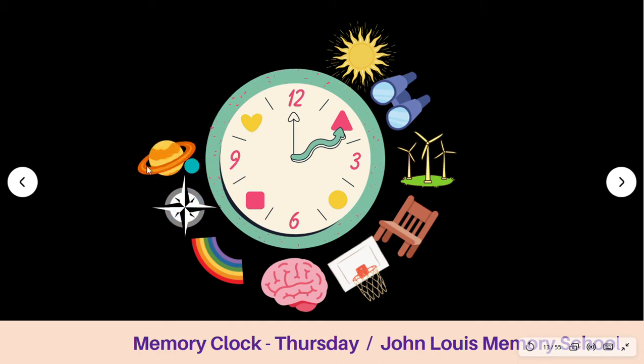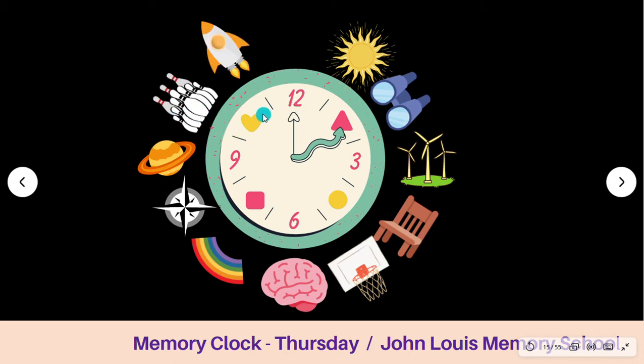Then for 9 o'clock, I have taken 9 planets. Okay, there is a question mark now whether we have 9 planets or 8 planets. So let us stick to 9 planets. Therefore, the picture for 9 is 9 planets. Then 10, I have taken the bowling pins, the bottle shaped things. 10 bottle shaped things will be kept and we have to roll the ball and see how many we get in one stroke. They are called bowling pins. There are 10 pins in a bowling game. That is why I have taken the picture for 10 as bowling pin.